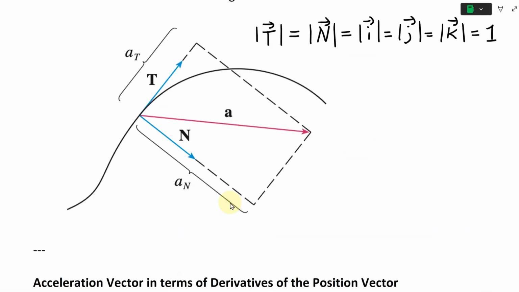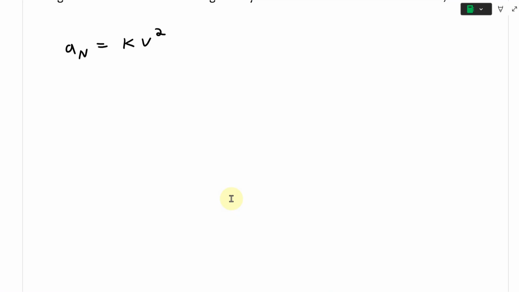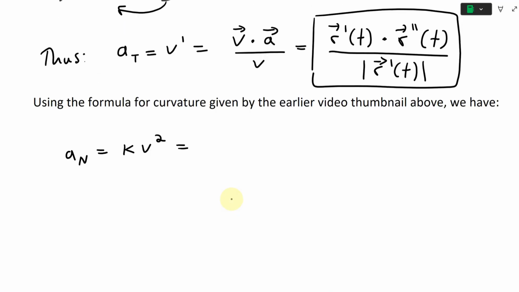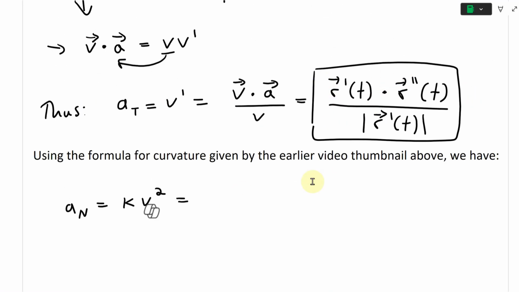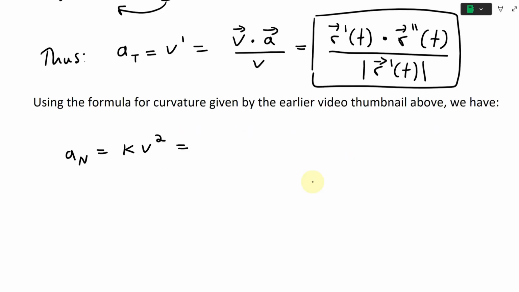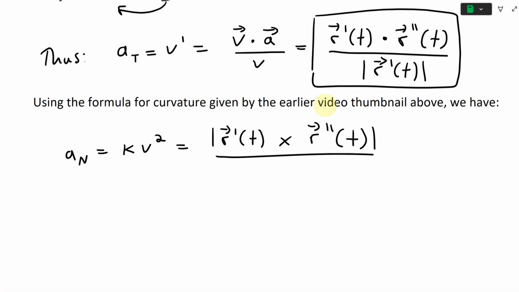I'm going to put this all the way down. So what we end up having is, notice this one is a dot product. Now it's going to be a cross product. This is going to be the same thing as this one here, actually, but a cross product. So it's going to be r prime of t crossed with the second derivative of the position vector r of t. Divide this by the magnitude of the first derivative of the position vector, then cubed,